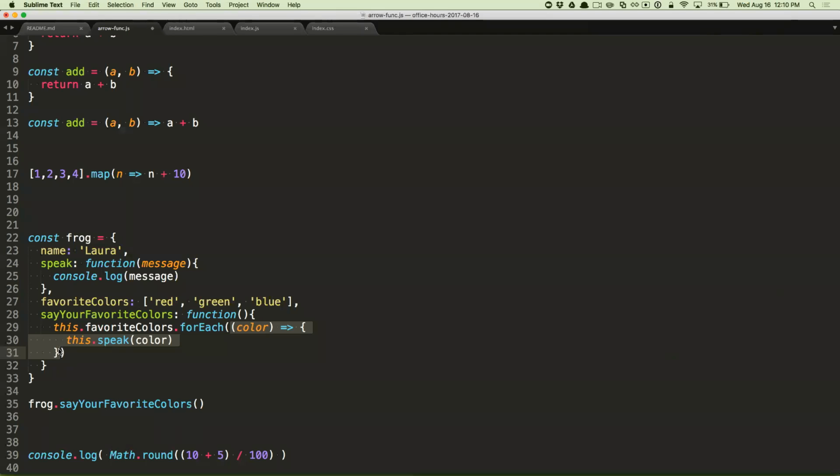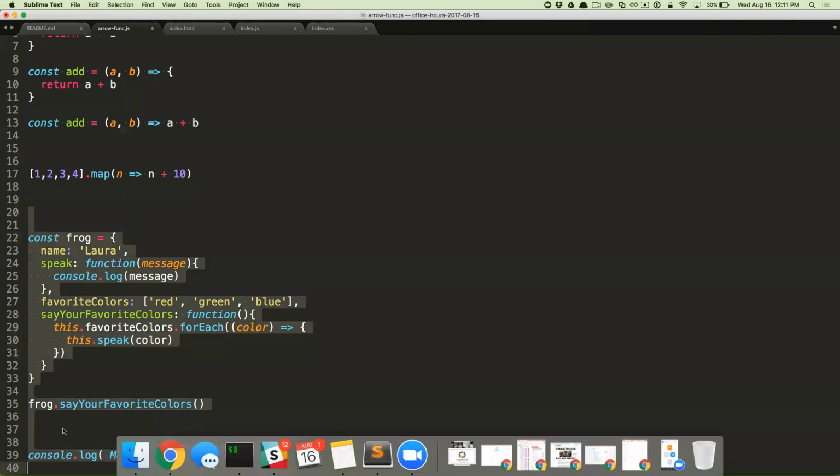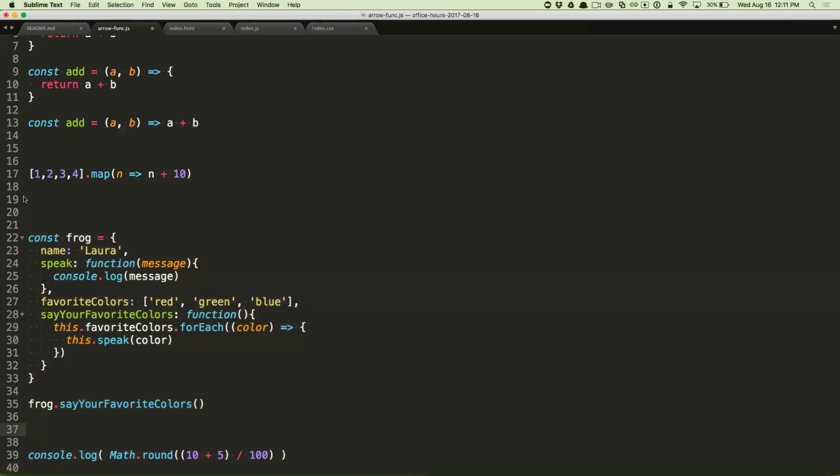If you did a dot bind, it wouldn't do anything. You cannot change the value of this for an arrow function. So we use arrow functions in cases like this to make our code a little simpler, so we don't have to mess around with currying around the value of this at the time. So just to show you that I know what I'm talking about,